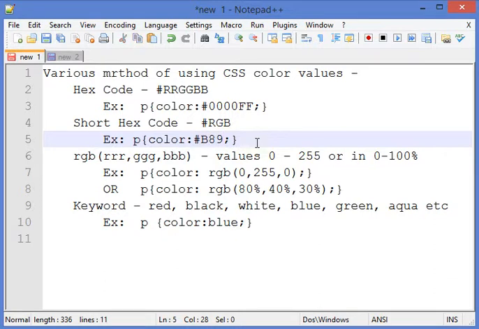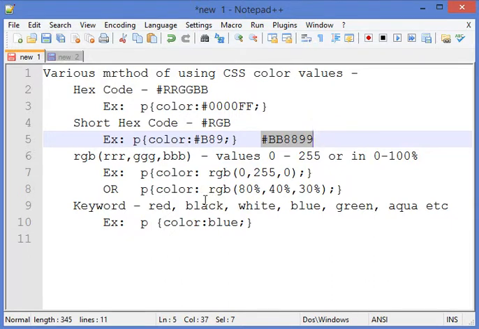It means the browser will interpret it as B repeated twice, so BB, then 8 twice, and then 9 twice. So finally the browser will interpret it as a full hex code for the color. So this is a shorthand of writing the full hex code.